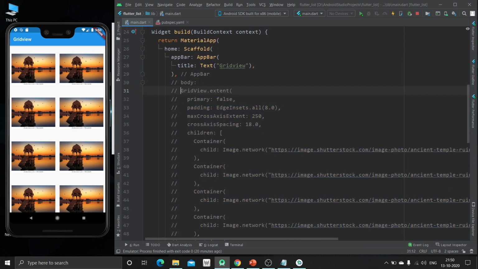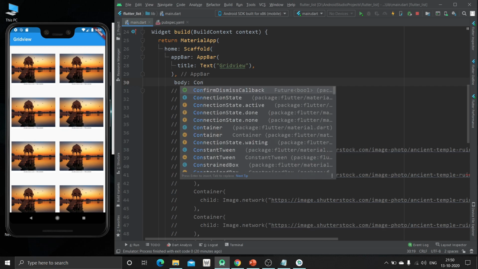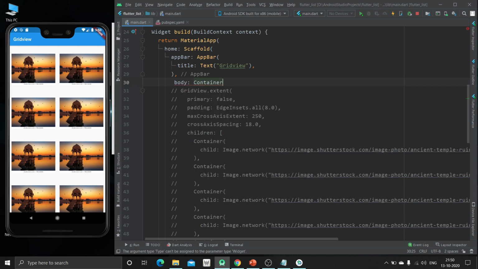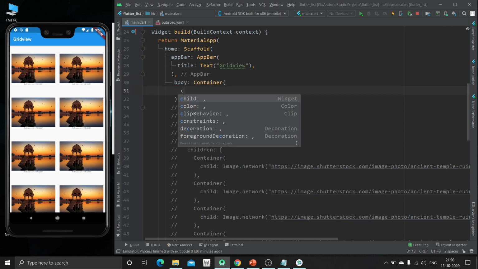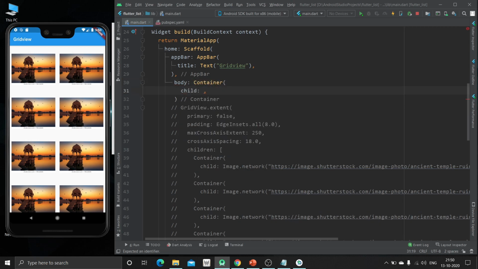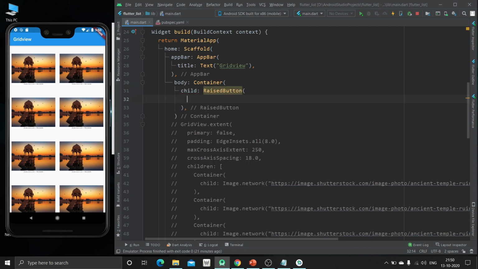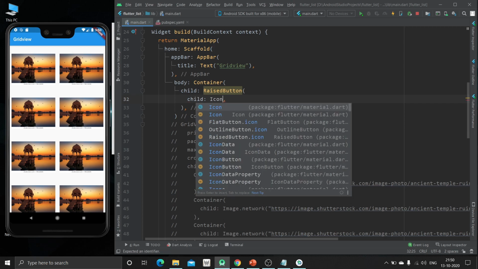Now we are just going to remove this from here as we want the body. Inside this we can create one container that will be having one raised button, so the child will be a raised button. We will give some icon to it, so it will be icon.